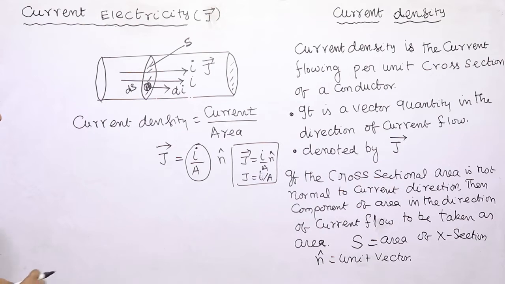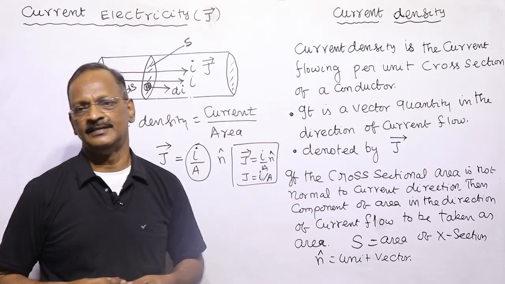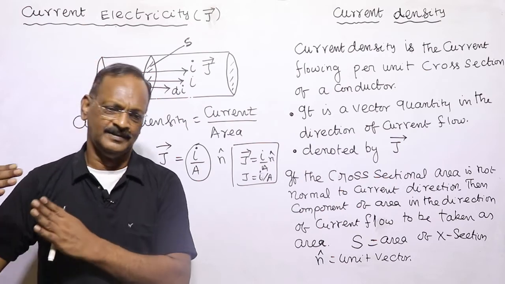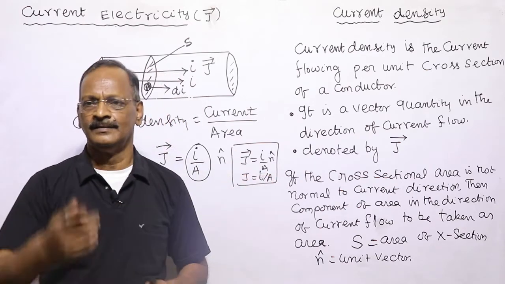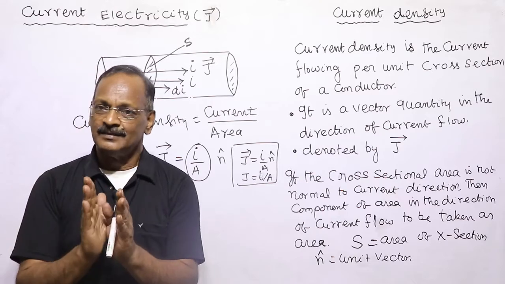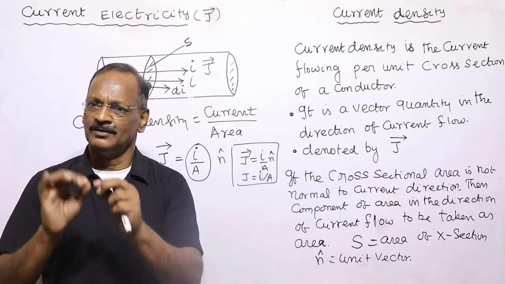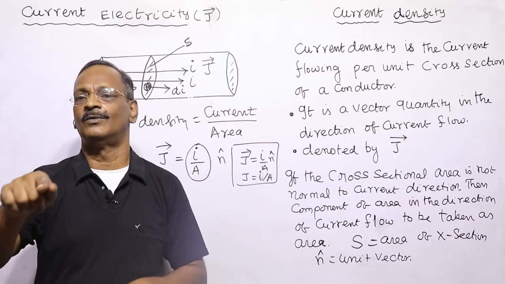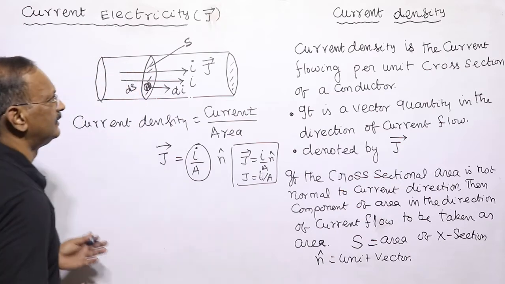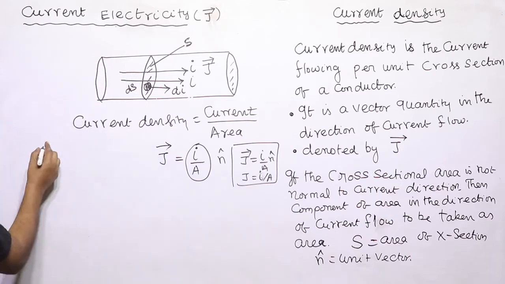Even in plus one physics we have seen average quantity and instantaneous quantity. Average means how much current is flowing through the area on average. Instantaneous means at any particular point, say at 0.5 seconds, what is the current flowing? That we call the instantaneous current. So we can define instantaneous.